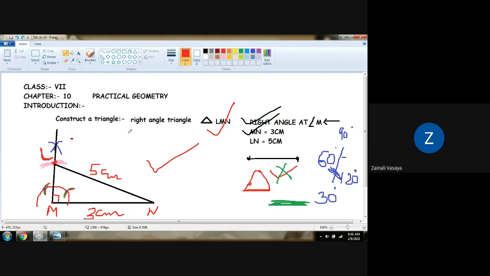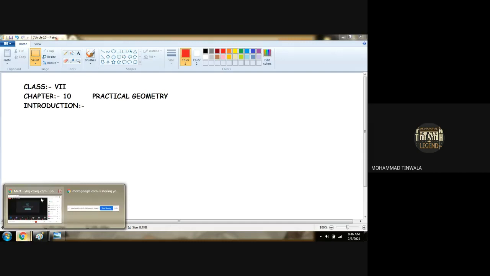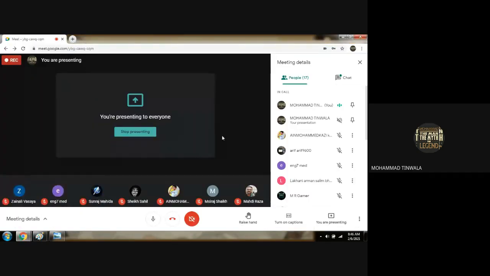No doubt. With the help of this construction, we finished our chapter number 10. Exercise left only. All exercise also you have to do by your own only. I will read and I'll explain you. That's it. But there are the same 5 sums in every exercise. That all exercise cover all the 5 sums. Is that clear, boys? Please go through all the topics what we covered in the class, revise it, and try to solve exercise 10.1 and try to complete your sums.